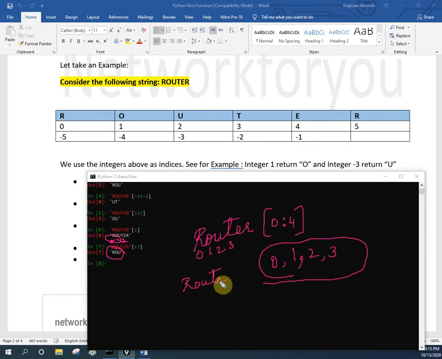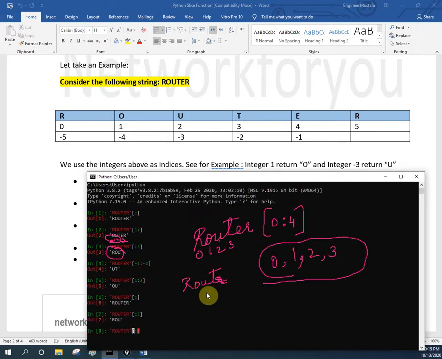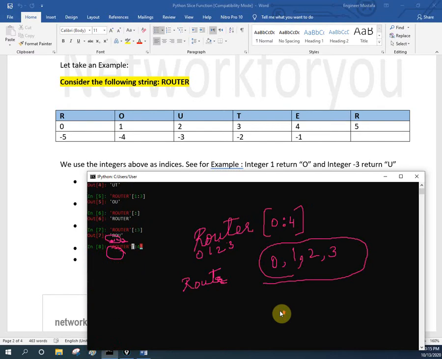ROUT. You will not have E. Okay. Let's do here and check this one. What I will do, let me do here. I told value will be 0 to 4. So let me go here and change this value to 4. 3 change to 4. Okay, and I will put the enter.